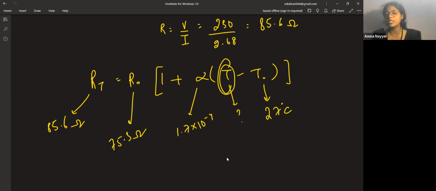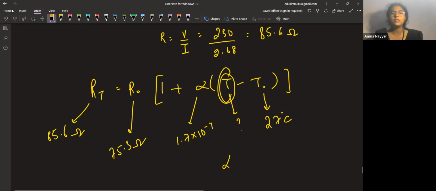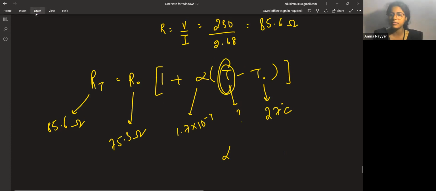Some questions require you to calculate the value of alpha, though in this question it's given. Write it down. Let me know what values you are getting. I remember its answer, so first you people solve it. Let me know what your answers are, and I'll tell you the answer. Write this down as well. Then after this we'll start with a different topic.